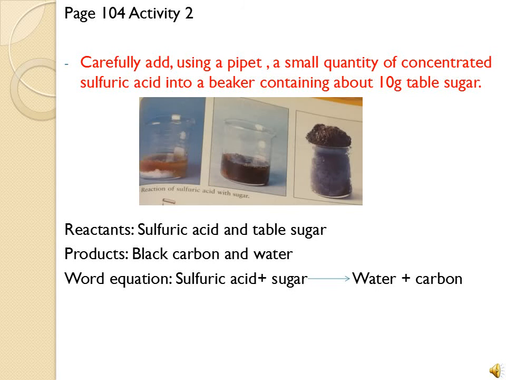Now please open your book, page 104, and let's solve together activity number 2. Carefully add, using a pipette, a small quantity of concentrated sulfuric acid into a beaker containing about 10 gram table sugar. So in a beaker كان في بقلبه 10 جرام من الشجر، زادوا له sulfuric acid، والsulfuric acid هي عبارة عن مادة كيميائية سائلة، وحطوهم بقلب هيدا البيكر as you see in the figure،